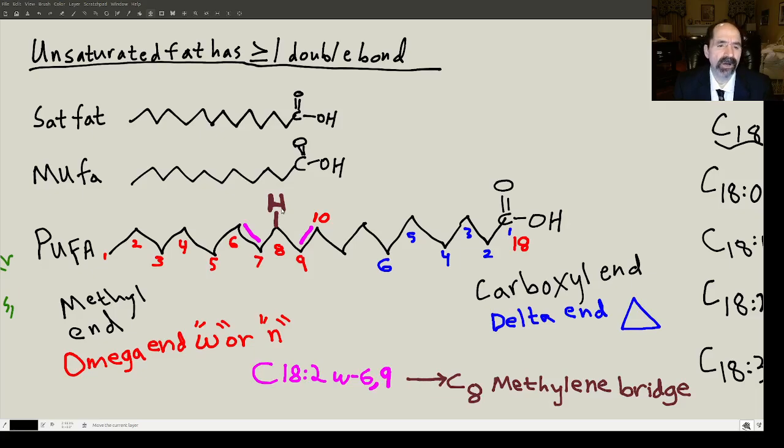Sometimes it's also called bisallylic hydrogen, but the real significance for our purpose is that that hydrogen will pop off, especially in the presence of oxygen. This is why PUFA molecules are so fragile, because oxygen will want to pull off that hydrogen. It can sometimes start a chain reaction called lipid peroxidation, and it'll damage the PUFA, and it can then create a series of chain reactions, like a domino effect, into the plasma membranes, including the mitochondrial membrane,